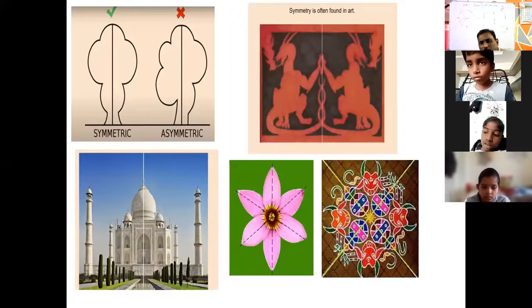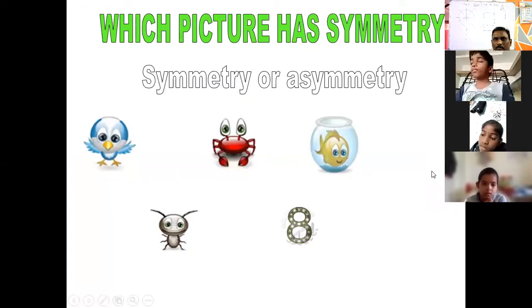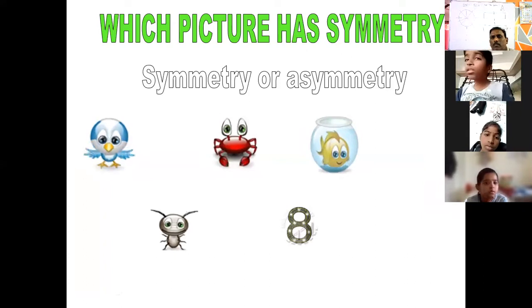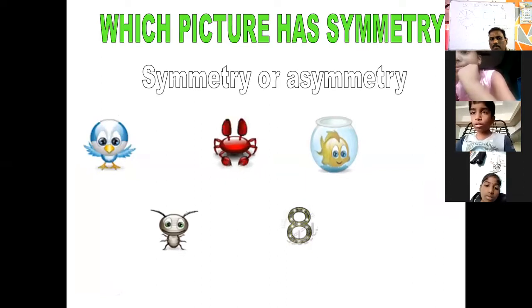See the symmetric. First one is symmetric. Second one is not symmetric because both the portions are not exactly equal. Left side you can see more quantity, right side less quantity. You can't fold them as exactly equal. Rest are fine. All these shown come under symmetry. Which are symmetry, which are not symmetry, you have to draw the line and check.